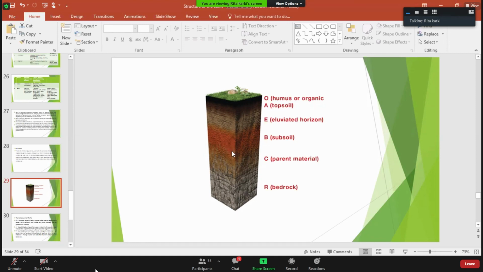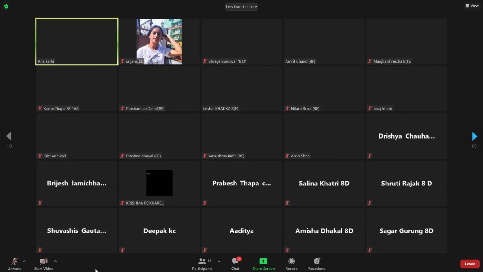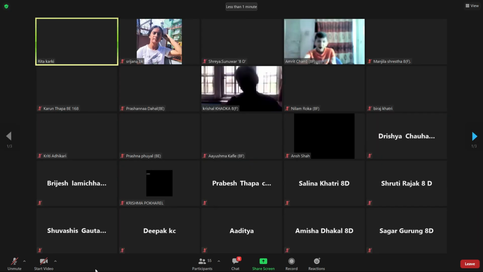Similarly, there is presence of broken bedrocks, big boulders, a layer comprised of all these rocks. Similarly, the last horizon is the R horizon. This R horizon comprises the parent rock, the big balls of the parent rocks, the last horizon of the